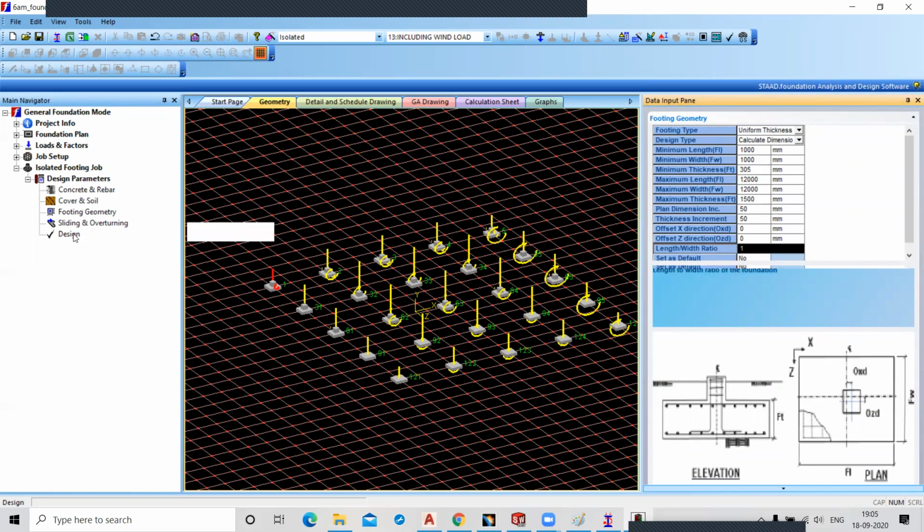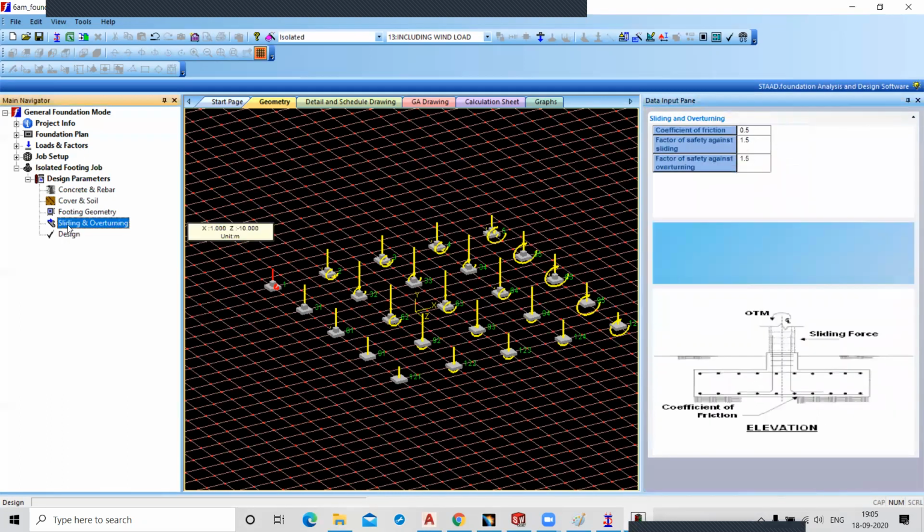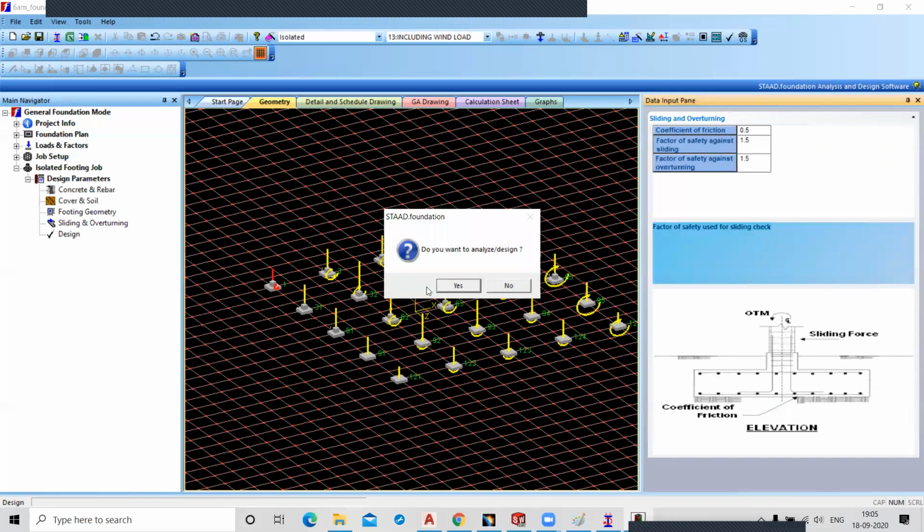Now we have to go to the sliding and overturning. This is the factor of safety against sliding, and this is the factor of safety against overturning, which is 1.5. Okay. Yes. Now click on the design and yes.